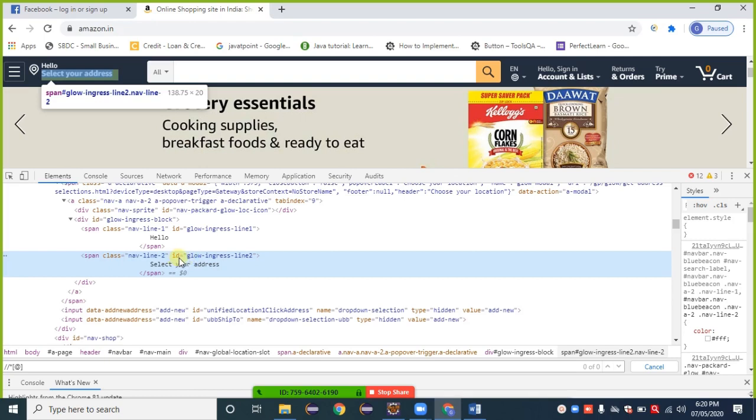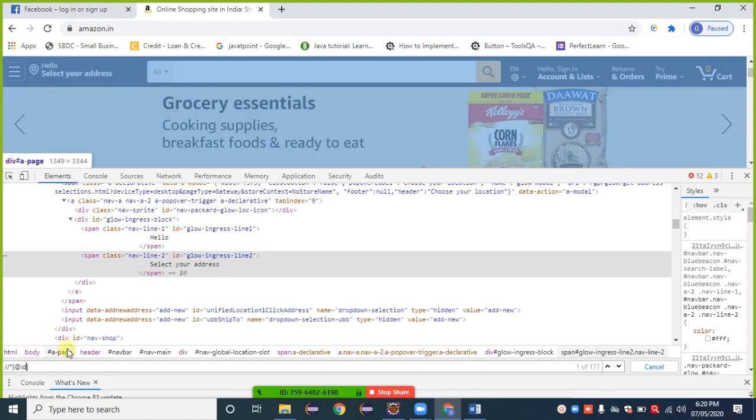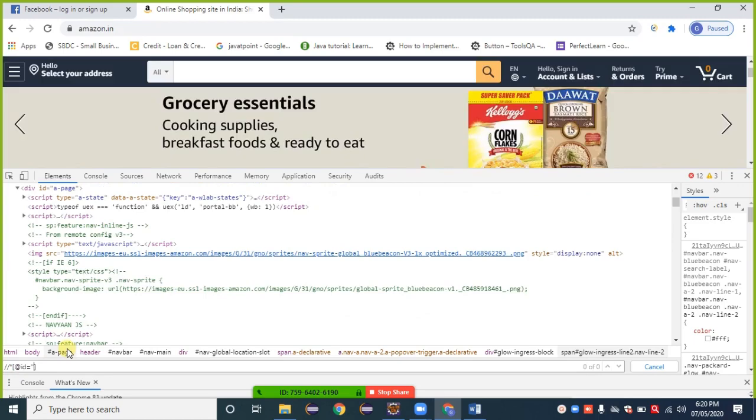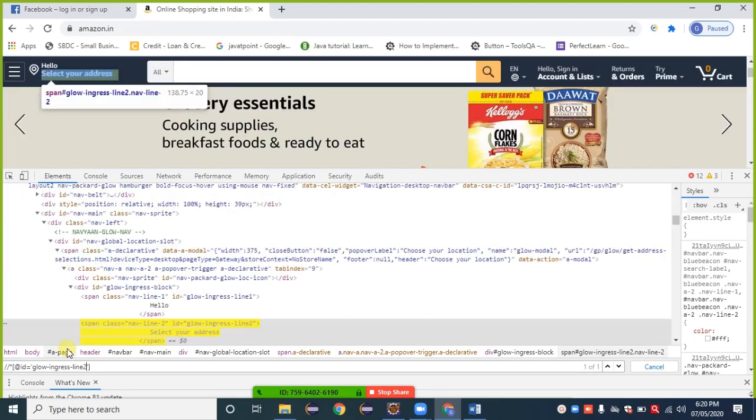As I told you, there is no need to type such things. Just double click on that one, and it gets selected. Hold Control C. Here, id is equal to single quote, and inside that paste that value, Control V. Observe that here it shows 1 of 1.